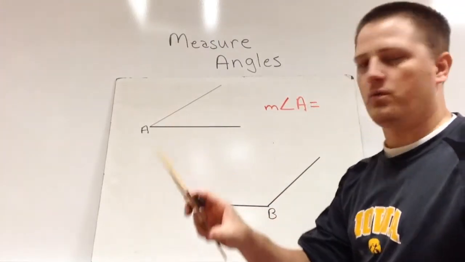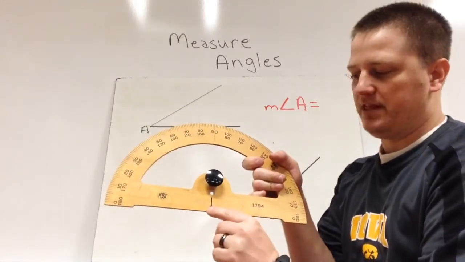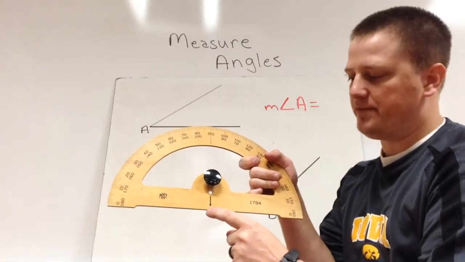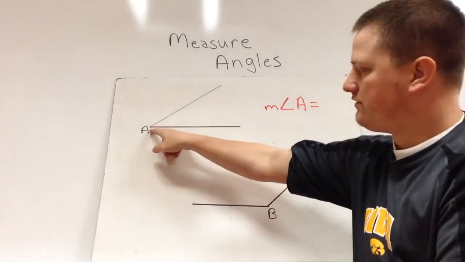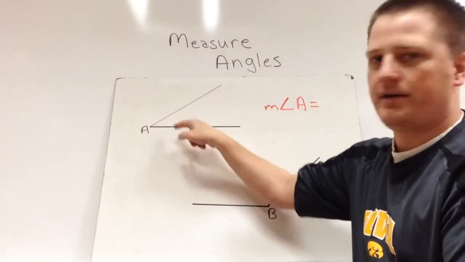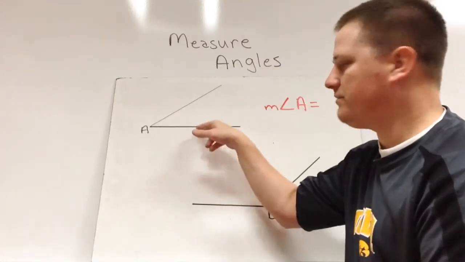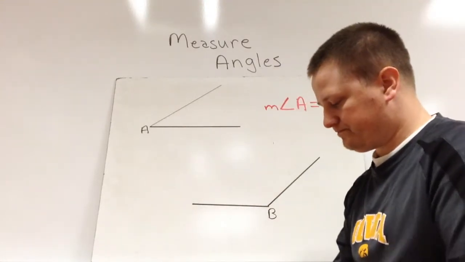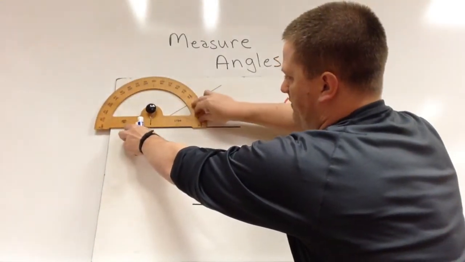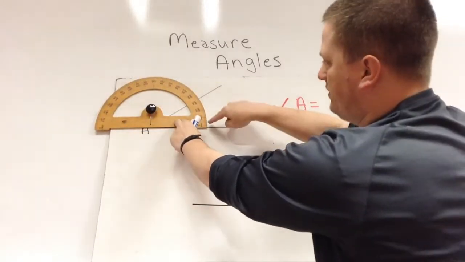Now to measure, we're going to take our protractor, and if you notice on it, it should have a line, or this one has an arrow, at where we want the vertex to be. This is where the vertex goes. So here's A. This bottom part here needs to go on one of the two sides. I'm going to pick this bottom side. It's a little bit easier. So we're going to put the vertex there, get the side down, and then we just have to look and